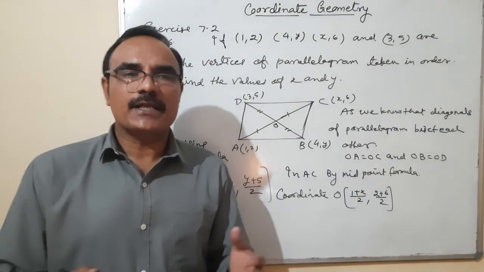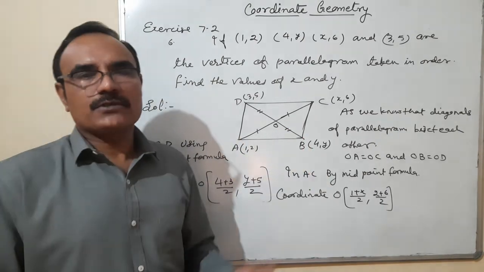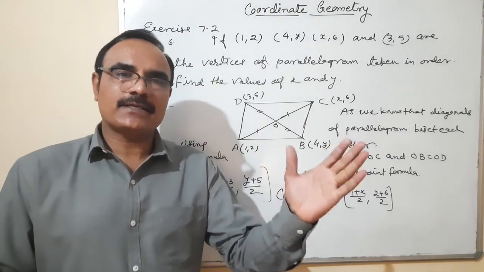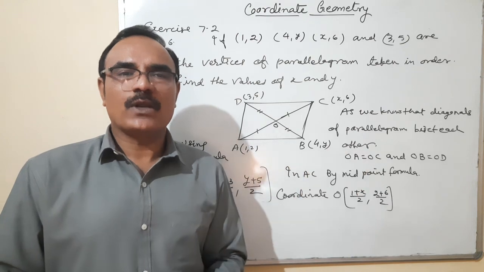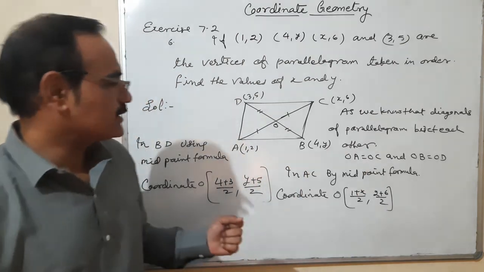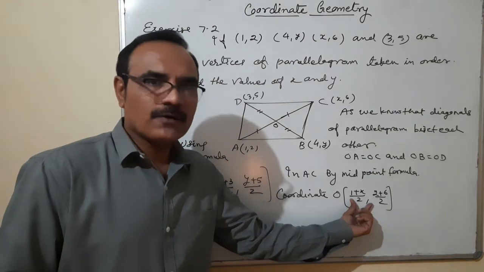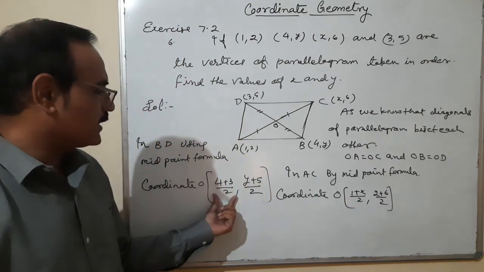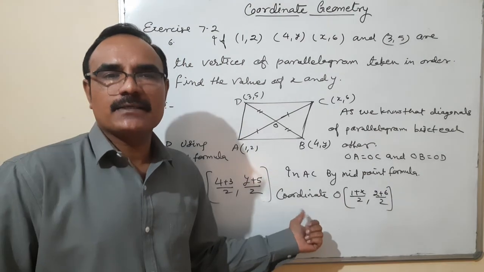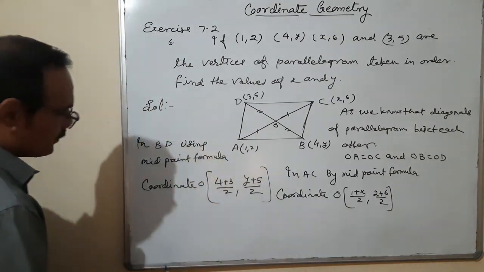And you know that on the Cartesian plane, the coordinates of O are unique. That means the value of x and the value of y is only one value. It's a fixed value. It is not possible that the values are different. So what does it mean? The first part can be compared with the first part and the second part with the second part. Okay, so therefore